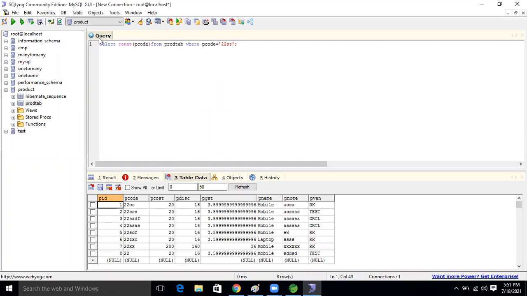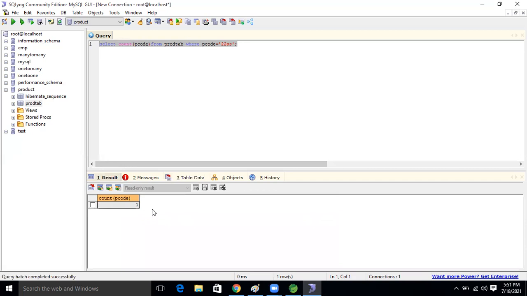So after then what I'm going to do now, just I'm running this query, right? So then we will get what? One record is there. We will get one. Available, this code. This one is the available, right? So means counting number one we are getting, right?